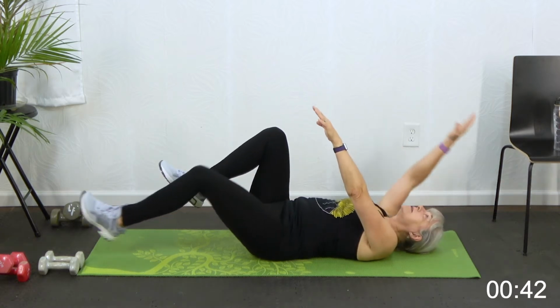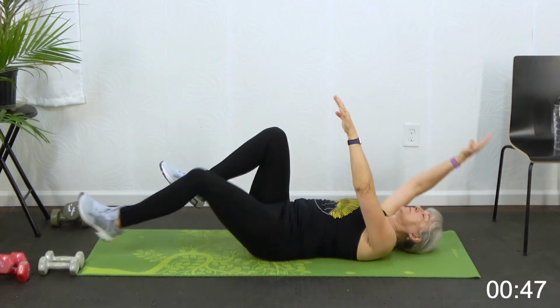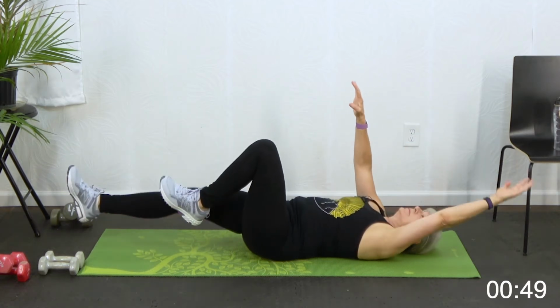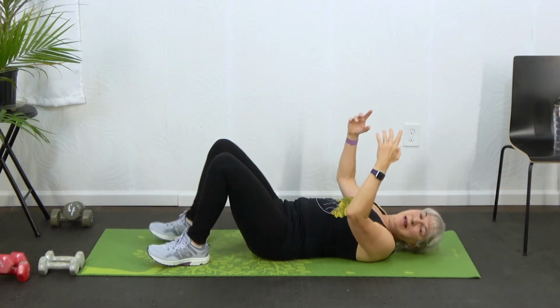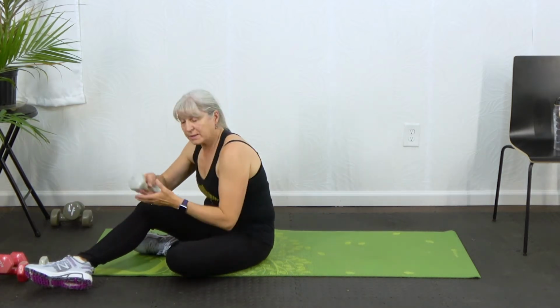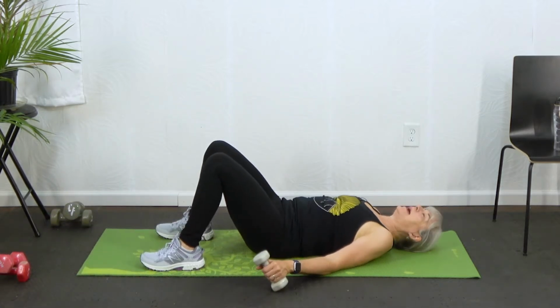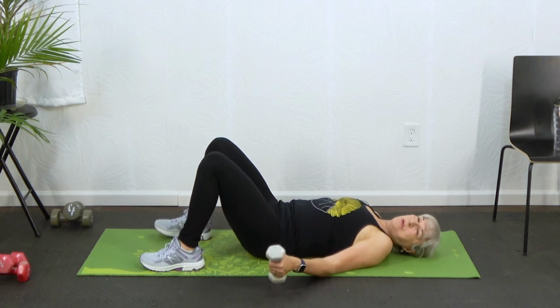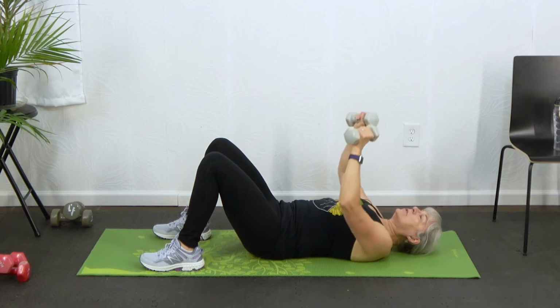10 more seconds. Almost there. And bring that down. Now we're going to pick up our light dumbbells. Back down on our backs. Feet flat on the floor, about hip width apart, and you're going to start with the dumbbells right by your shoulders, and we're going to press and twist